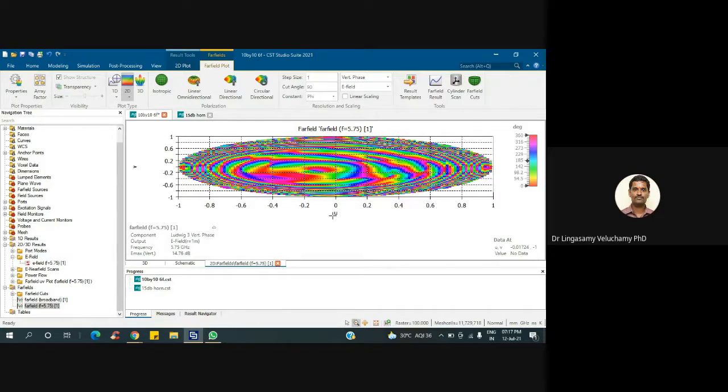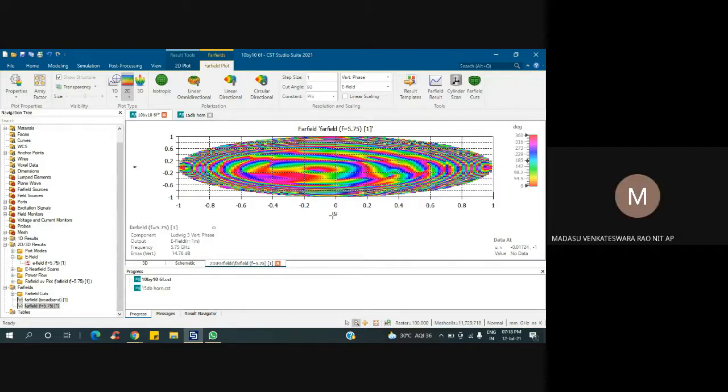U means sin theta cos phi actually. Actually it is R sin theta cos phi. V means R sin theta sin phi. So if you do the calculation, right, that time you will get all this. This is like transformation, spherical to rectangular coordinate systems. That's what it is showing now.